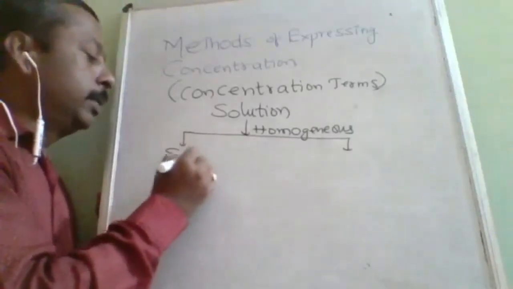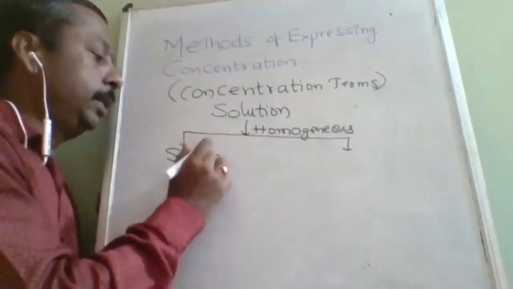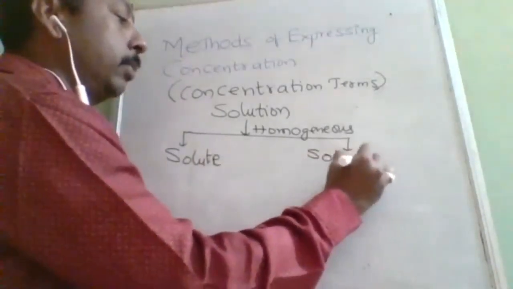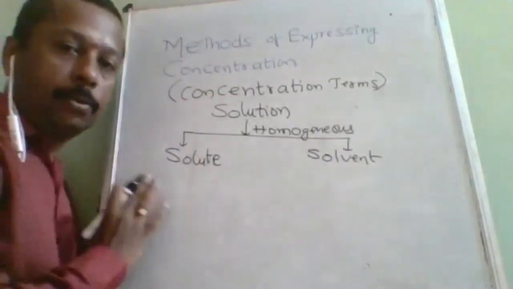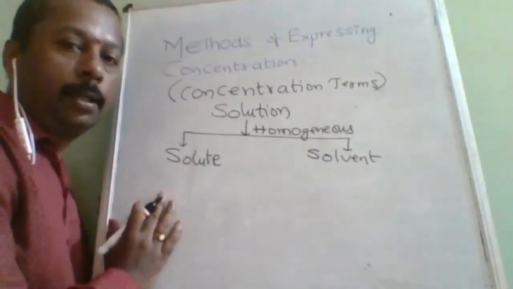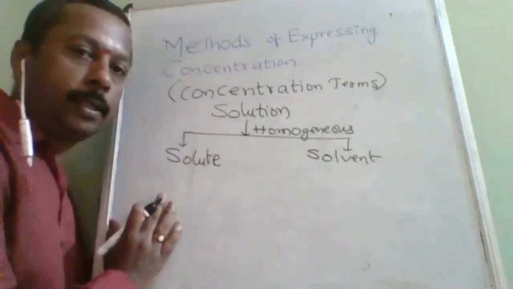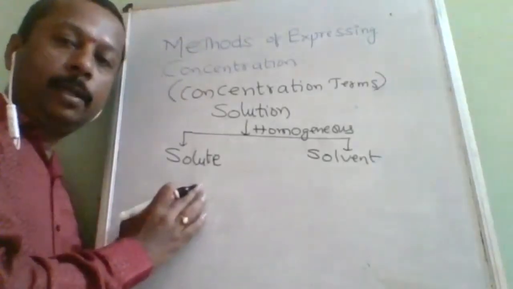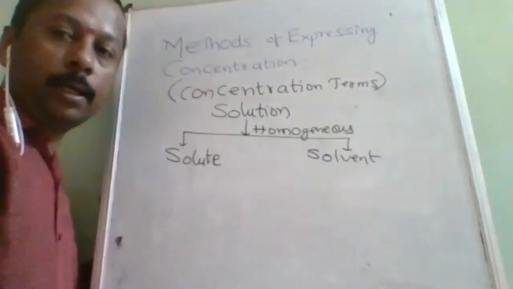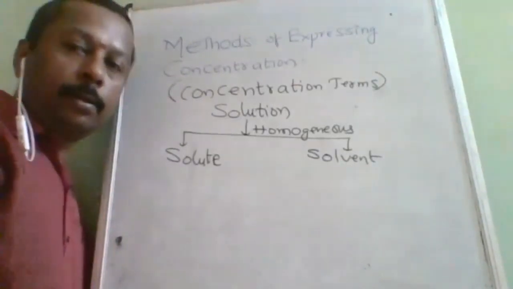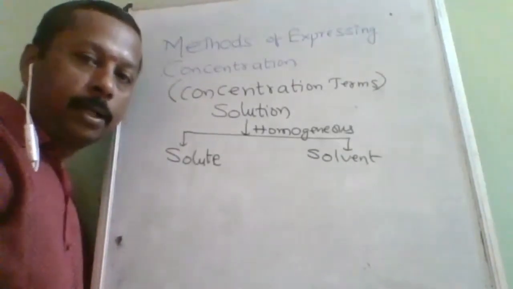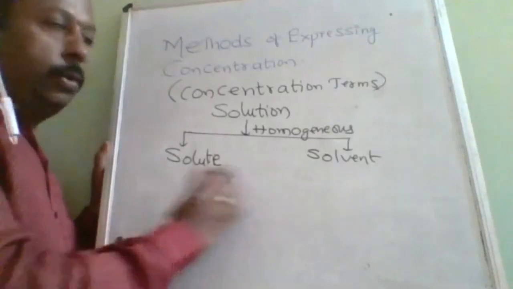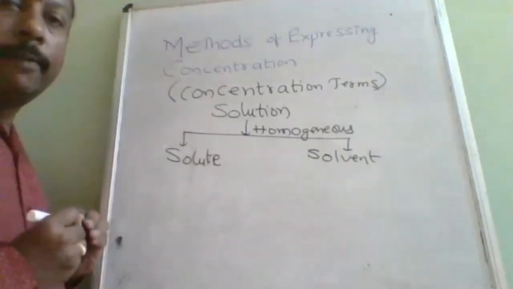Now the substance which is dissolved is called the solute. The part in which it is dissolved is called the solvent. So don't get confused with the quantity. People have a wrong concept that the substance which is available in a large quantity is called the solvent, and the substance which is available in a small quantity is called the solute, but it is a wrong concept. It is also applicable, but it is not the only definition. It is a part of the definition.